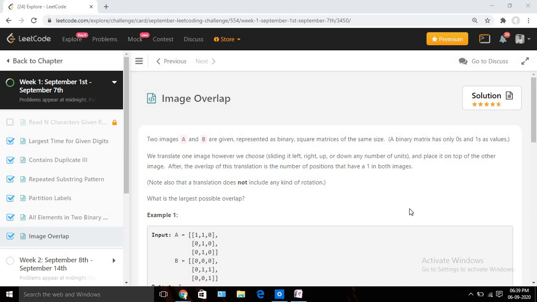So basically, if you read the problem statement, it's saying that we will be given two matrices. You can think of those as images. So it's a binary matrix, so it will contain only 0 and 1 values. Suppose one matrix is named A, another matrix is named B, and we need to